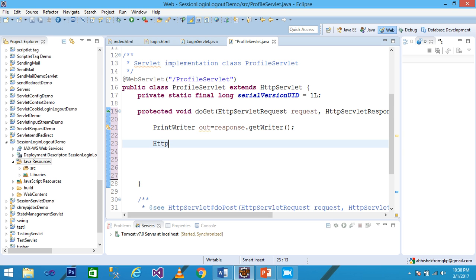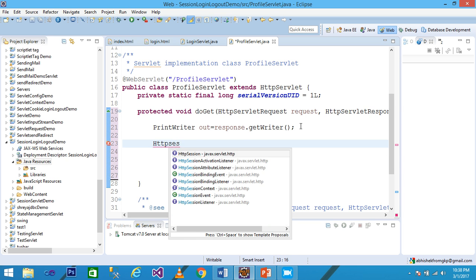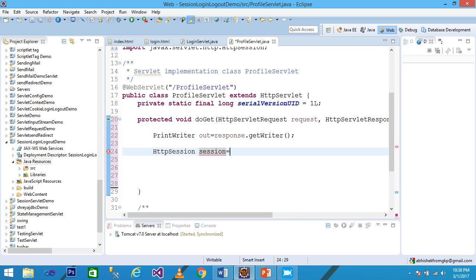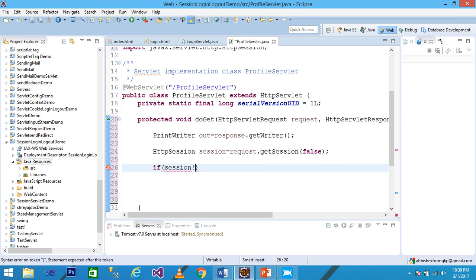And then press enter, and I write here HttpSession, and I simply write here session equal request.getSession(false); and then semicolon. You simply see here I am using the getSession, and I write here the false. getSession method returns the HttpSession object, and I write here the false because we do not want to create a new session here. Okay, and then press enter, and after that I am providing here a condition session not equal null, means if the session object is not equal null, then